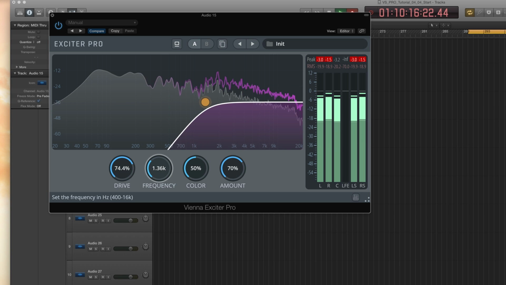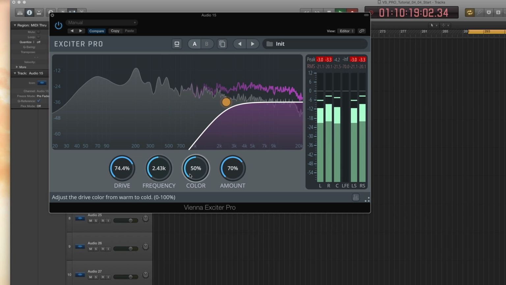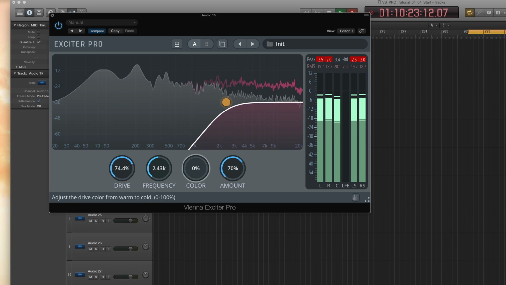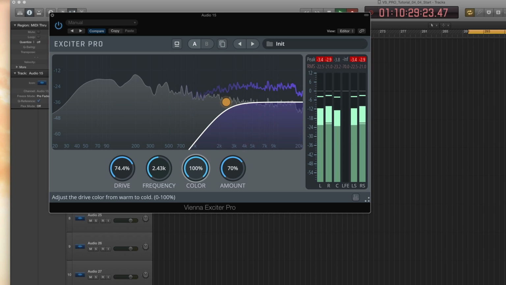Color changes the musical coloration of the signal. 0% means that you will add even harmonics to your signal.